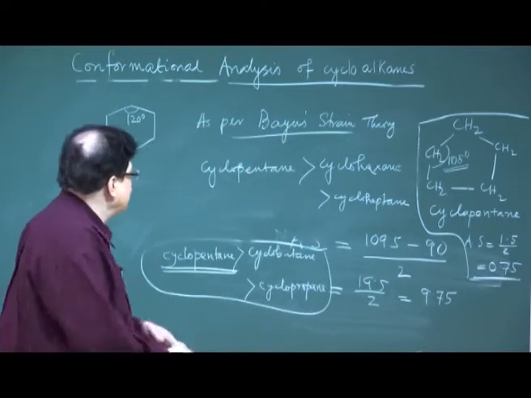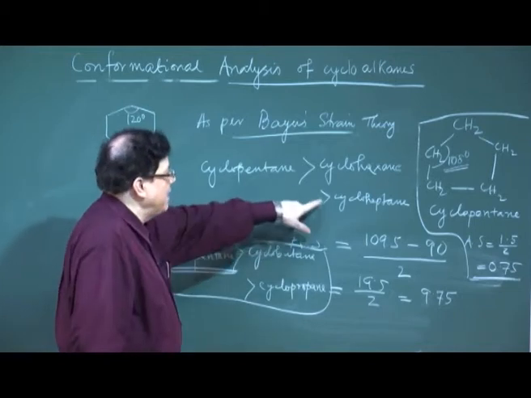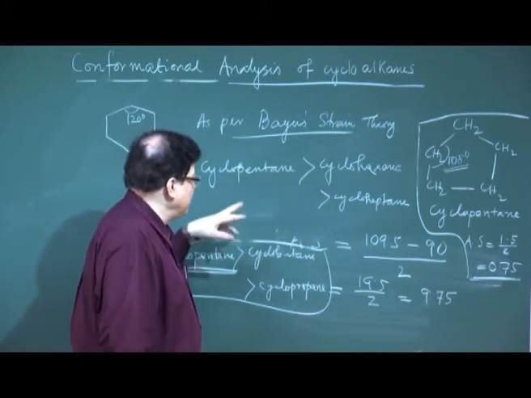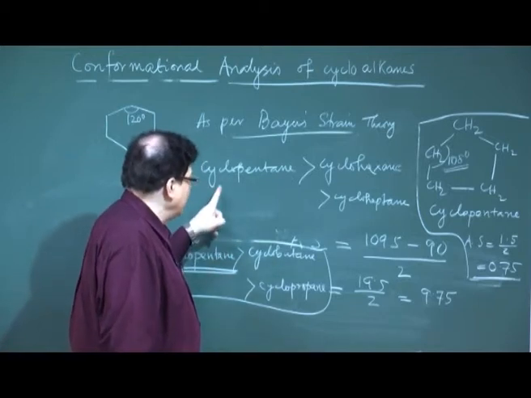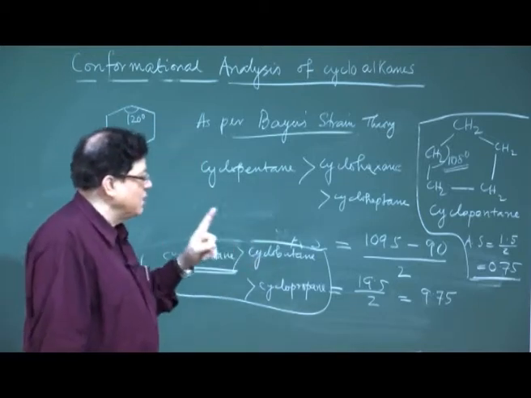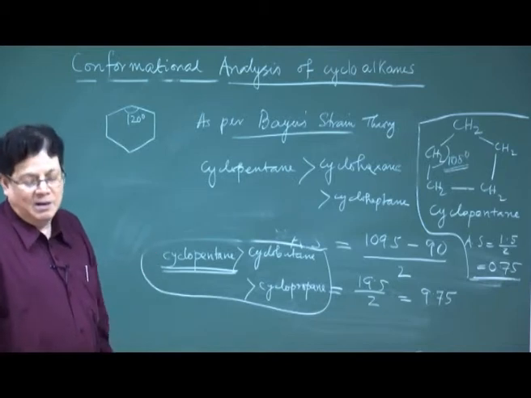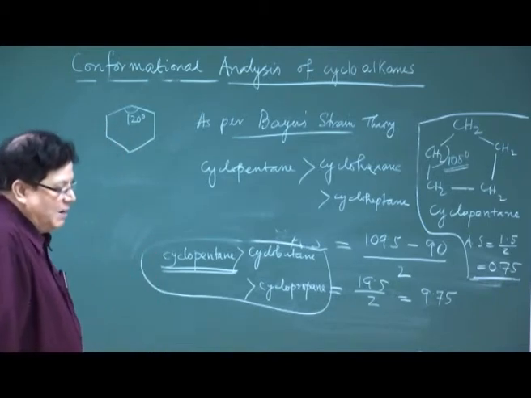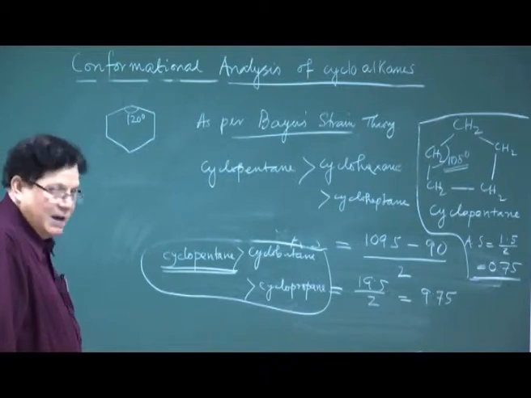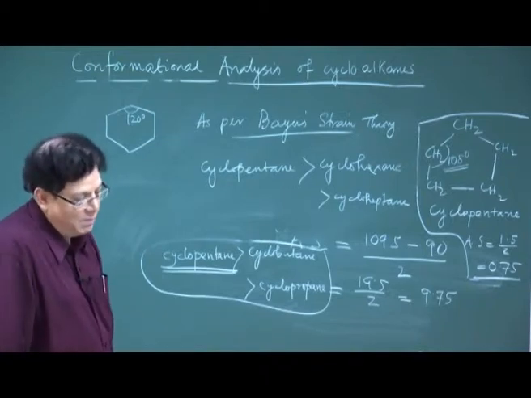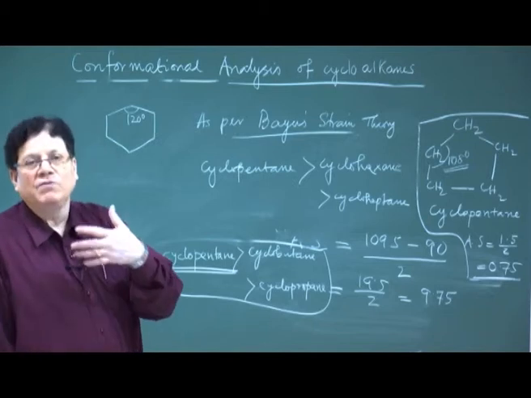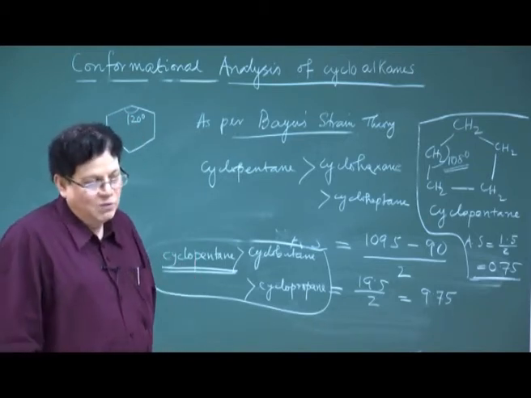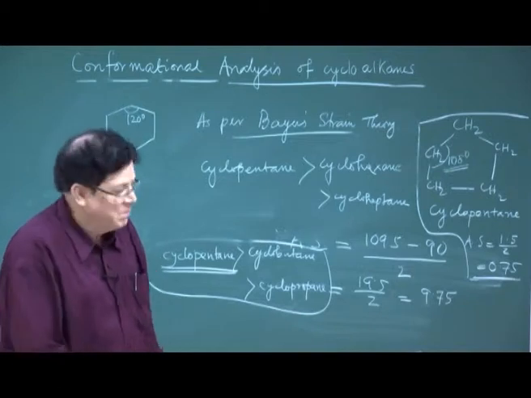So, up to this 3 to 5, whatever Bayer's strain theory is telling is followed. That means cyclopentane is more stable than cyclobutane, cyclobutane is more stable than cyclopropane. That was followed, and that can be explained in terms of the angle strain which was introduced by Bayer, but then the theory falls apart when you increase the number of carbon atoms, and in fact